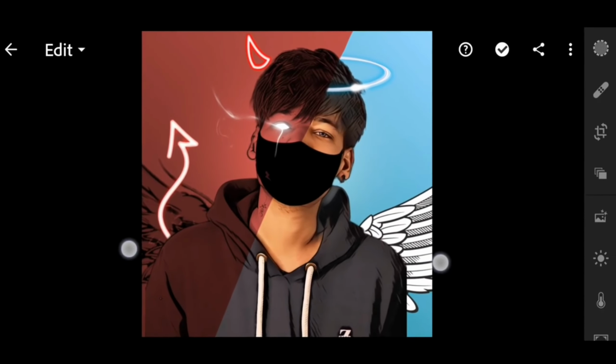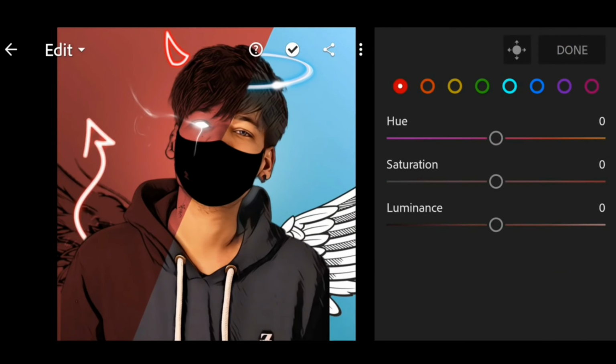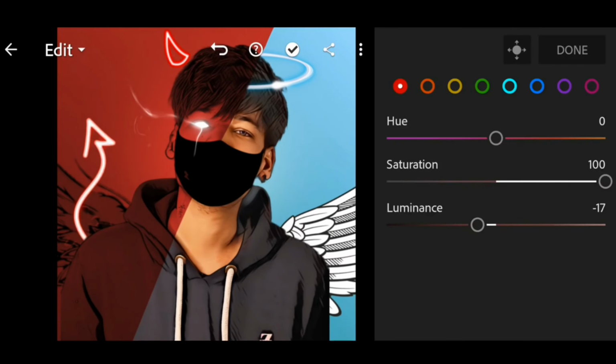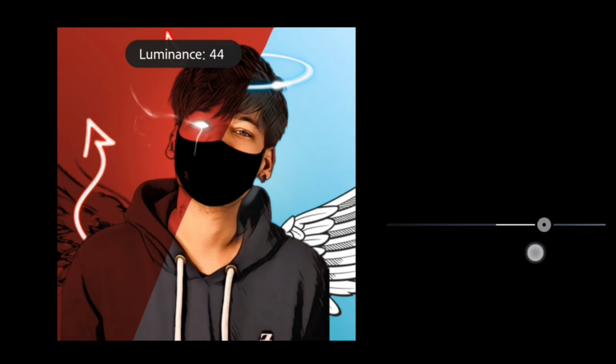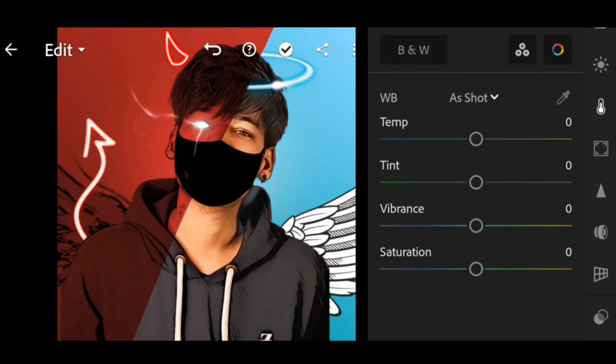Now we have to open Lightroom. After opening Lightroom we have to go to temperature and the mix tool. Now we have to increase the red color so that we get a nice look. You can see here, and if we want we can go to dark blue color and increase there also. See how we did it, how it became. So it is so good.